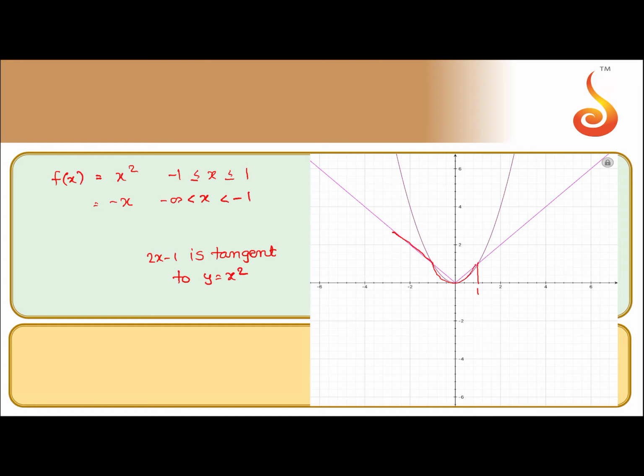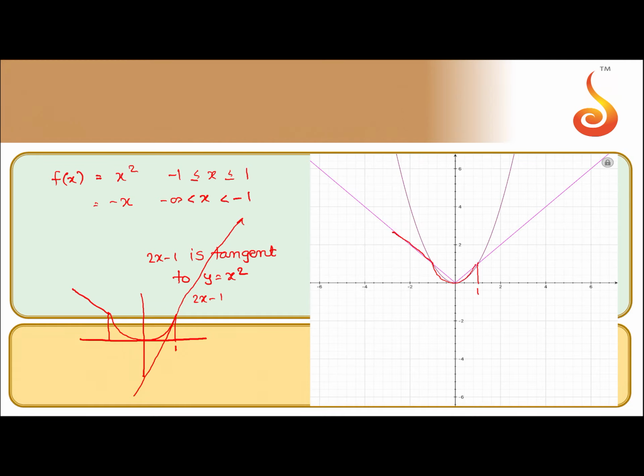Okay, so if we try to draw the final graph, what we observe is the graph will look like this. So this one, a sharp edge up to 1. After that, a tangential line will be there because this is a tangent. So this line is nothing but 2x minus 1. If we extend it, where is the tangent? The tangent is at x equal to 1. So 2x minus 1 will be the tangent to the parabola.